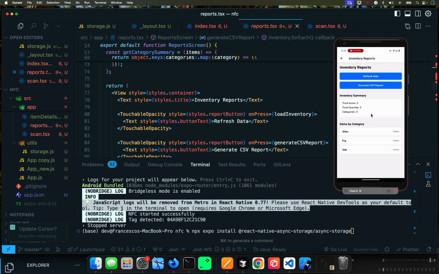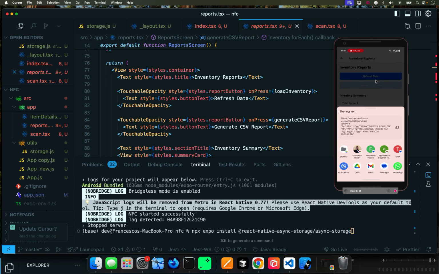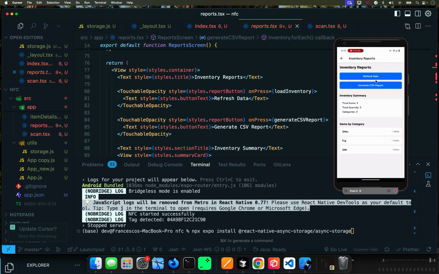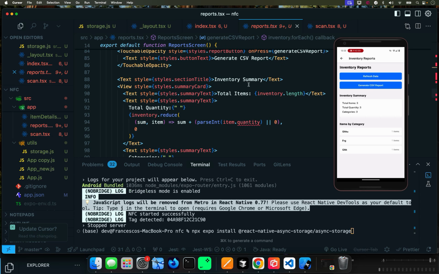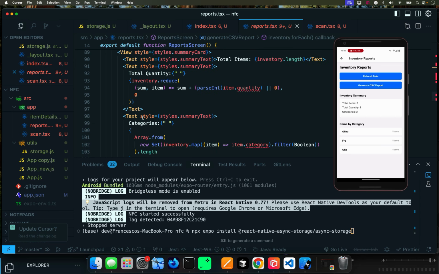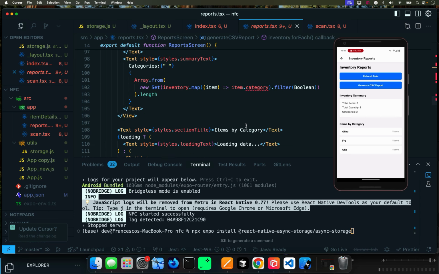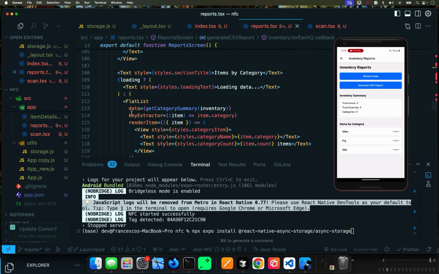Categories, refresh data. You see it right there, the refresh data button. It's a touchable opacity because when you touch it, it kind of changes. The touchable opacity makes that happen. And all of the names, items by category, generate CSV, inventory summary, this is that one right there. Total items, you see it there? Total quantity, categories. And now it goes into items by category and it gets into this other stuff